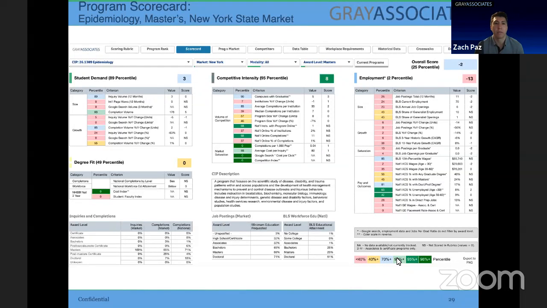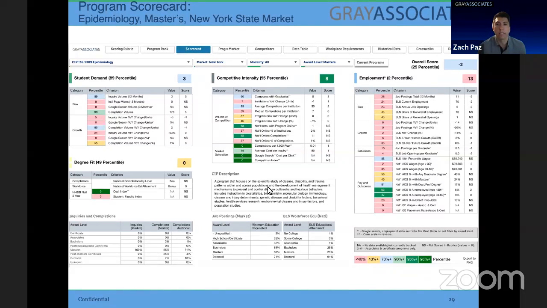So I'm not going to walk through this, but an example from our database is a scorecard like this for all 1,400 zip codes. In any market definition, we can create any custom market, and you can select different modalities, award levels, and so on. And it becomes a very efficient way for you to be able to evaluate a lot of data all in one place. One thing I didn't really talk about is the visual cues we have on here. The color coding, I'm not going to go too much into it, but typically green is good, red is bad. That's the way we designed it to help you draw your eyes to the certain areas.